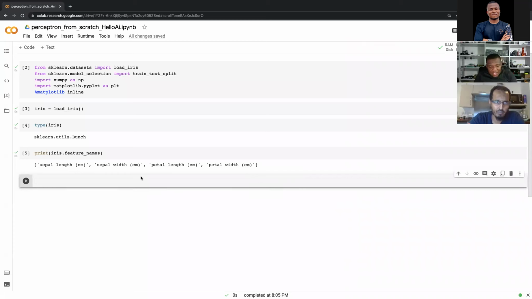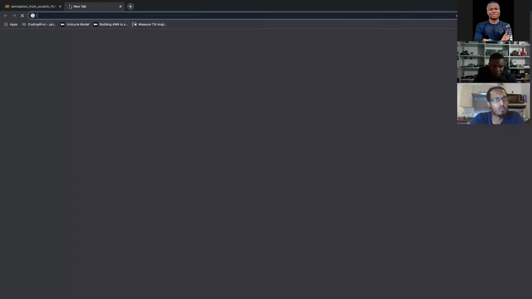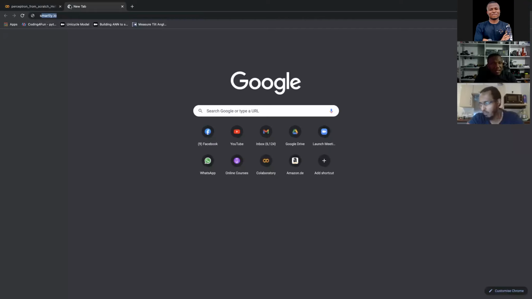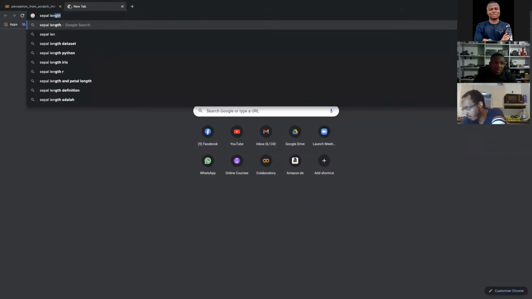Let's see the targets too. So I told you that the features in this data set are actually what biologists have gone to the field to measure: the sepal length and the petal length of some flowers, okay? So if you take a flower, let's say sepal length, if you take a flower,